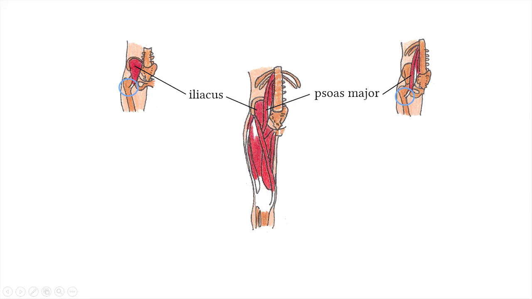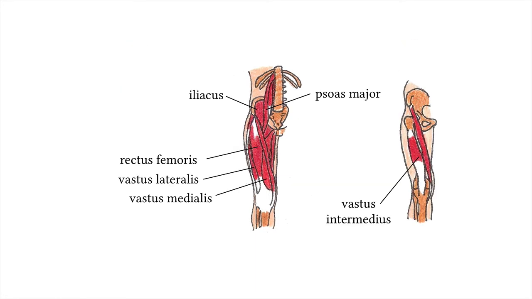Their origin is on the posterior abdominal wall on the lumbar vertebrae and the ilium of the hips. If these muscles are not often used, as when a person sits at a desk all day, they tend to shorten, causing backaches. The rectus femoris, vastus lateralis, vastus intermedius, and vastus medialis form a group of 4 muscles called